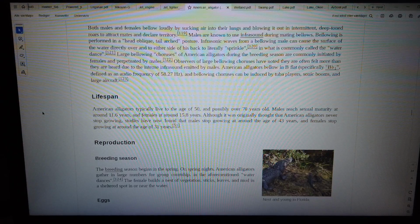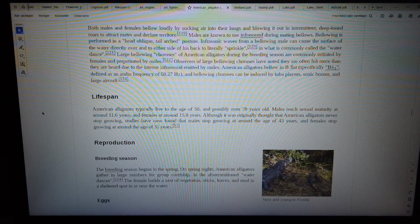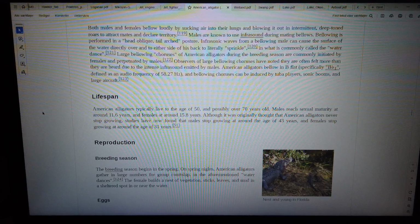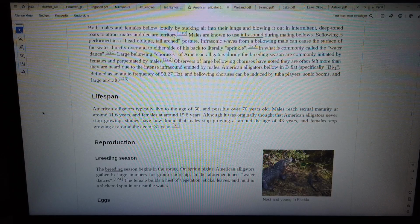Reproduction. Nest and young in Florida. The breeding season begins in the spring. On spring nights, American alligators gather in large numbers for group courtship, in the aforementioned water dances. The female builds a nest of vegetation, sticks, leaves, and mud in a sheltered spot in or near the water. Eggs